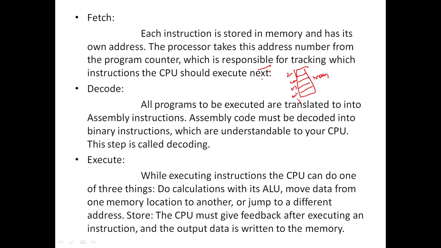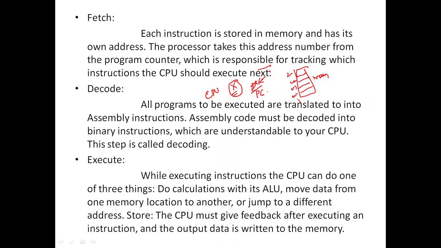So the processor takes this address from the program counter. Suppose the CPU wants to execute instruction X. Now we need to know where the address of this X instruction is. The instruction currently being executed is stored in the instruction register.